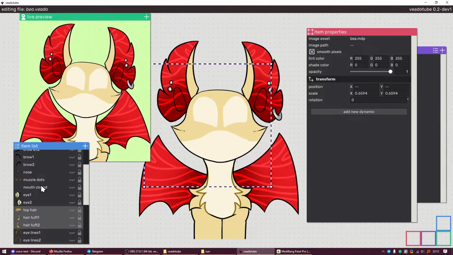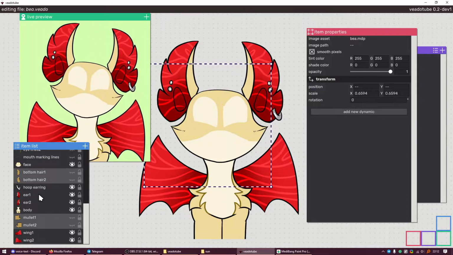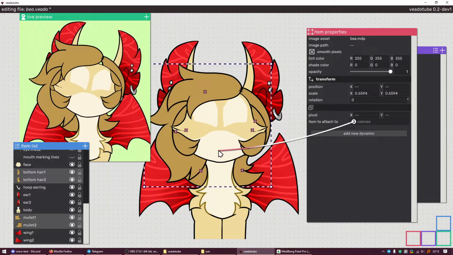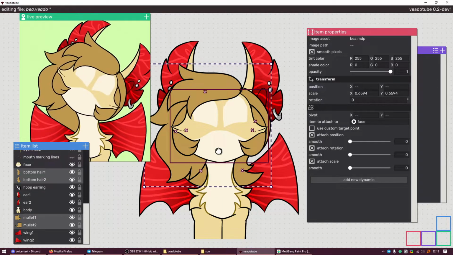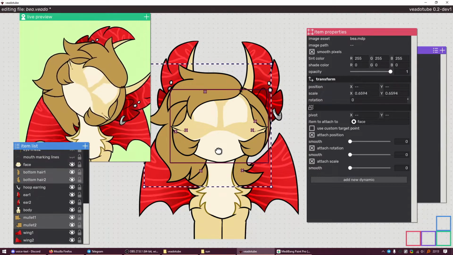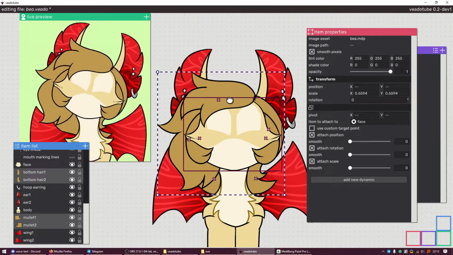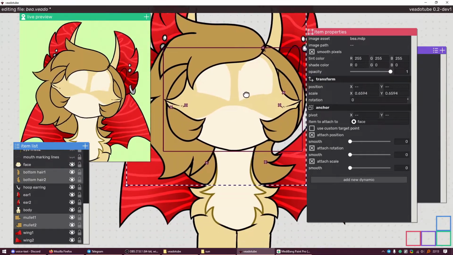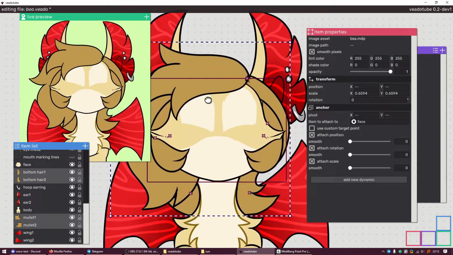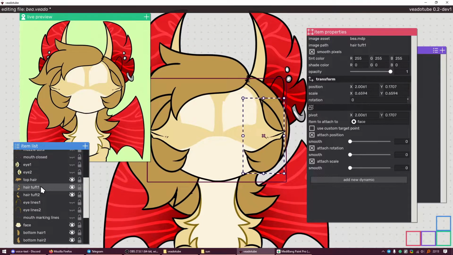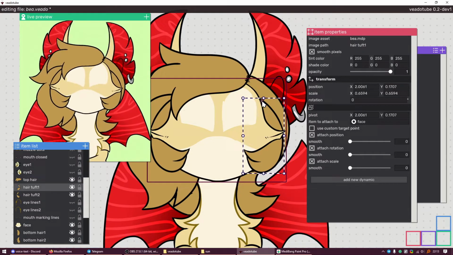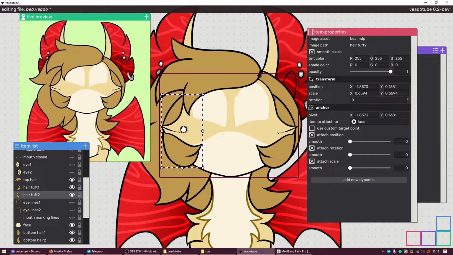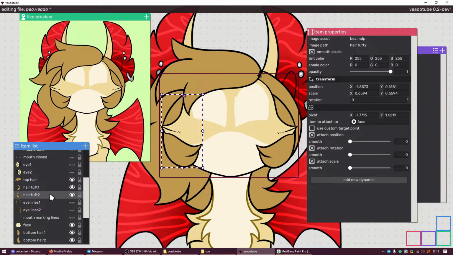So the hair is all these, and I'm gonna turn them on. I'm gonna link all the hair to the head, and so we sort of have hair happening here. I'm gonna adjust the pivots here. I'm not sure which pivot is which. I'm probably gonna have to do it one by one. Okay, this one is here. This one is here because I'm gonna add a few floppy effects.